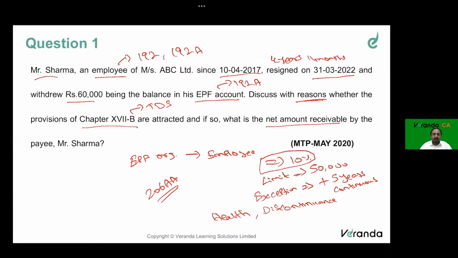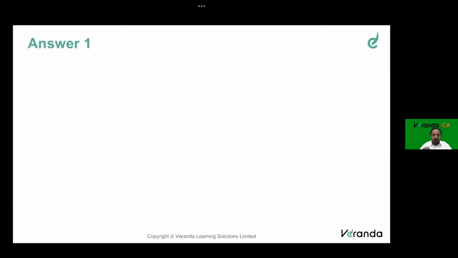So what is this Income Tax Act rate? It says 10%, right? And your 20% in this case. So 20%, whichever is higher. So in case there is no PAN, then 20% will become applicable. And for all domestic payments, while computing this TDS, there is no surcharge, no cess, right? So this is what the provision is. Now we'll go into how to go about this answer.